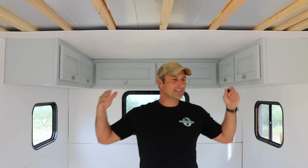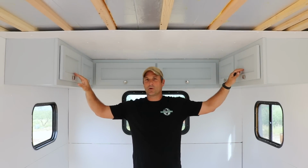Hey there guys, today's going to be another rather small segment of the travel trailer project. I'm going to show you how I built these cabinets at the back of the trailer. They're going to be for clothes, blankets, and other lightweight items that we may want to store in the trailer